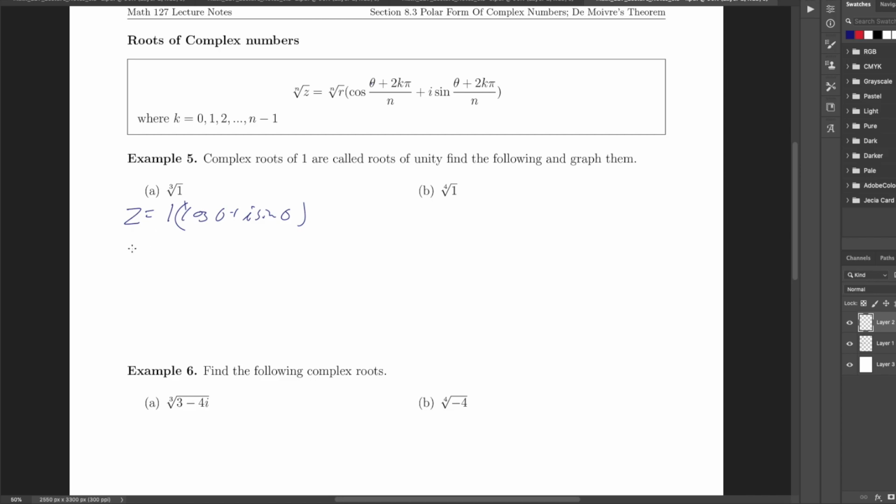And so here we're going to find the roots. And so we're going to get 3 of them. We're going to have k equals 0, k equals 1, and then k equals 2. Alright, so we're going to go ahead and do that. So k equals 0. So if k equals 0, this is going to equal to